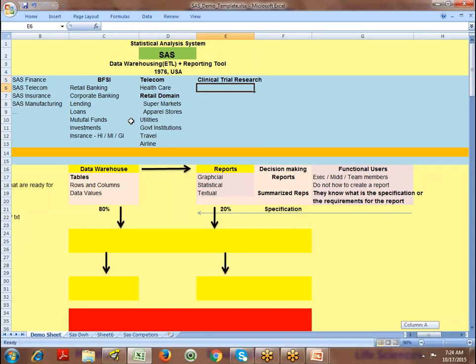So in the life sciences industry, the SaaS software product is used for decision making. Like that, you can go on with the list. Any industry where the data is stored in the form of tables or raw data, SaaS software can be implemented.